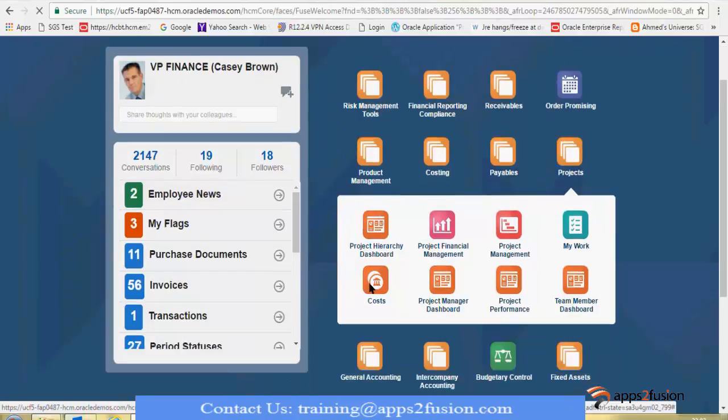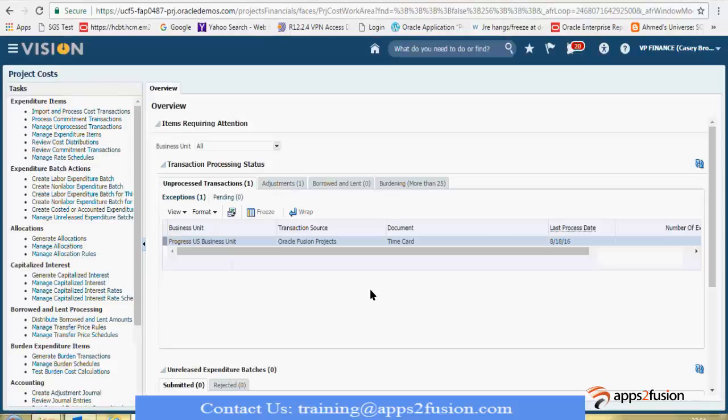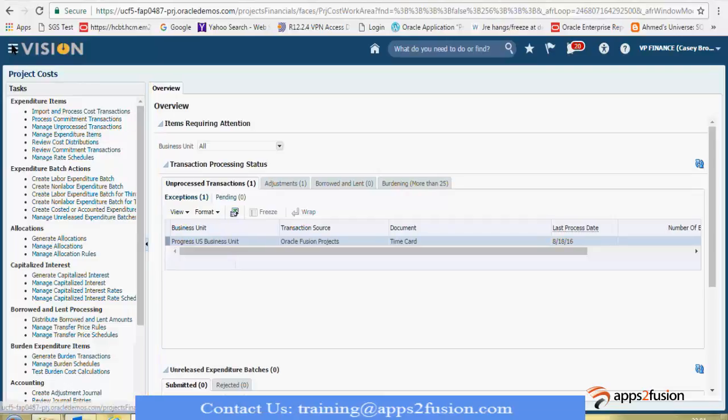There is something called project cost. Here there is something called expenditure items. Here you have import and process cost transactions. You will run this particular process. So I click on this.